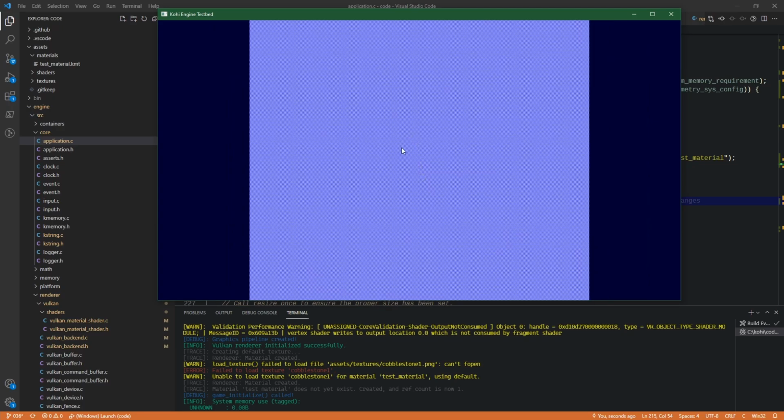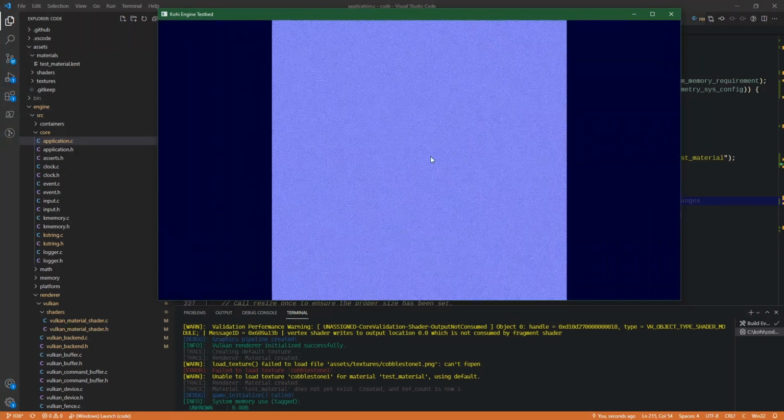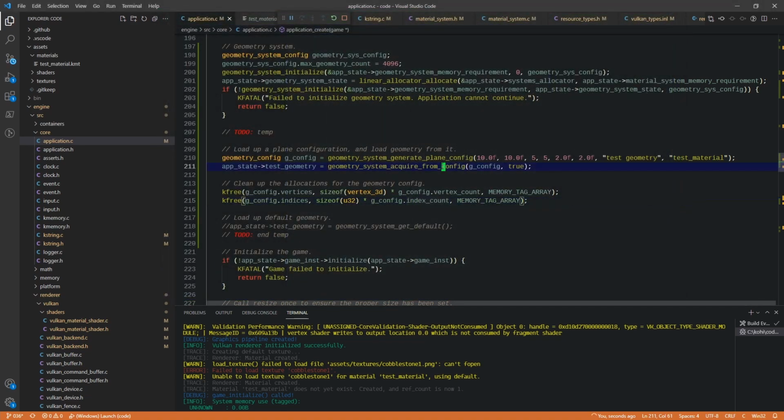We see also that the texture is a lot more dense because of the tiling. So we know that that's working. It'll be easier to see in a second. So let's go ahead and fix our